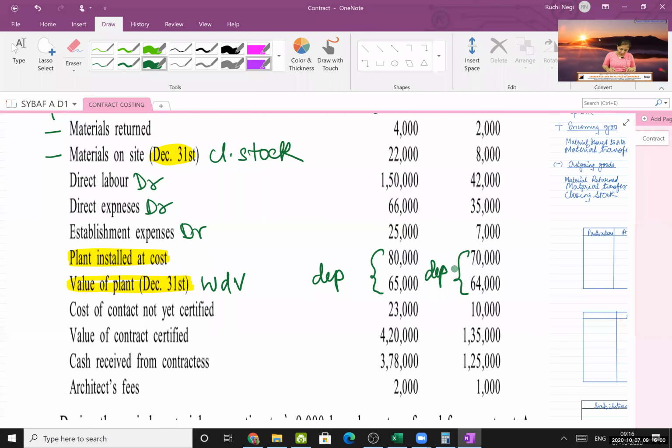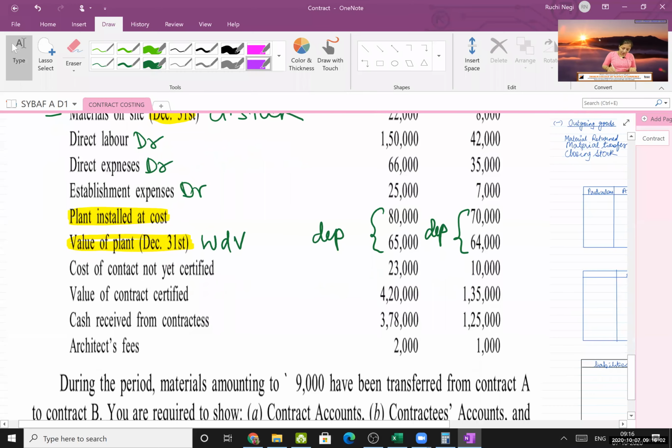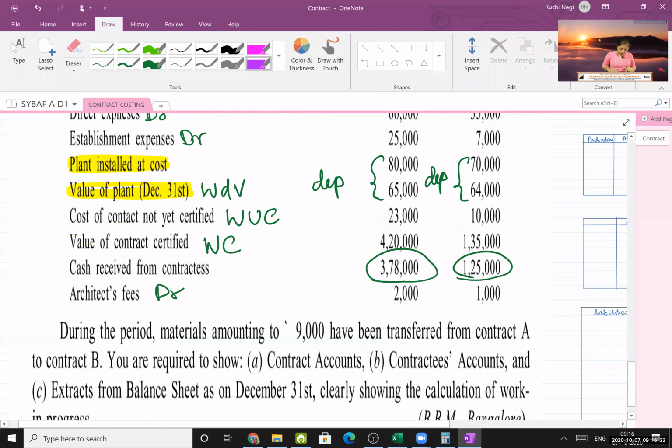Next, cost of contract not yet certified. This is called work uncertified. Value of contract certified. This is work certified. Cash received from contractor. This will help me for the formula. Architect fees debit to contract. Now next